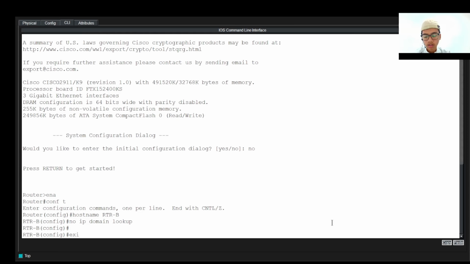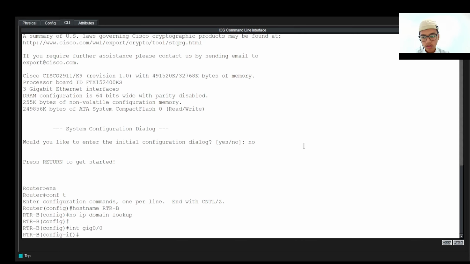Okay, after that, this is the configuration to connect the router to the switch. So the name is encapsulation. So the first is we check the interface that connects to the switch. As we know, the switch is gig 0/0 and the router interface is gig 0/0.